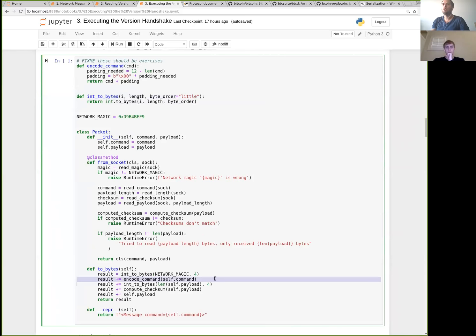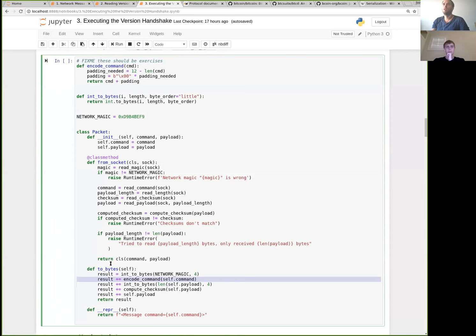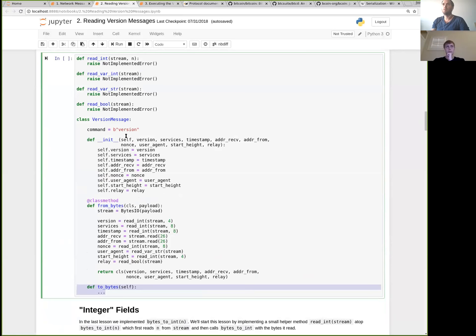And then now we just go down, okay, what's next in the list here? Command, all right. 12 bytes, and it's just a char, just characters, a string. So let's do that. We just do this little encode command thing. This is ugly, like in the future, this should be simplified, but if you remember how this works, at the top, we don't have a bunch of like,